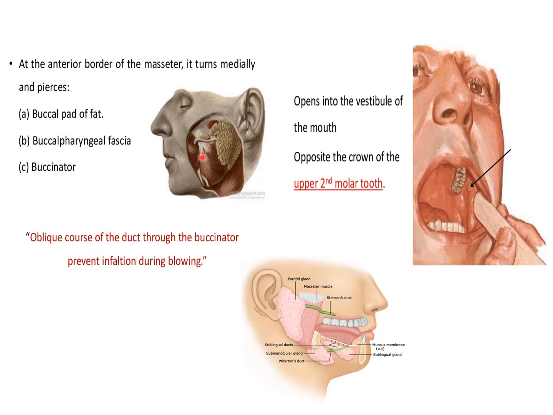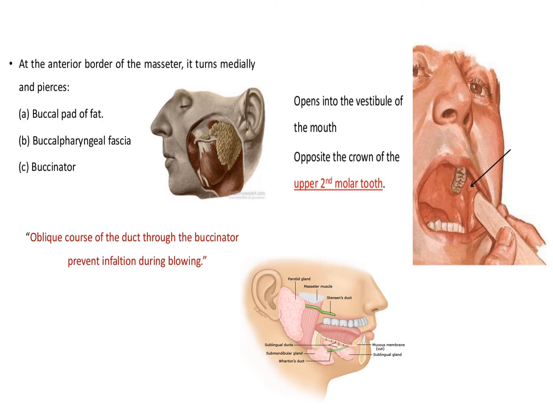So at the anterior border of masseter, it turns medially and it pierces the buccal pad of fat, the buccopharyngeal fascia and the buccinator muscle, and it opens into the vestibule of mouth opposite the crown of upper second molar tooth. The oblique course of the duct through the buccinator prevents inflation during blowing, but obliquity is proning the duct